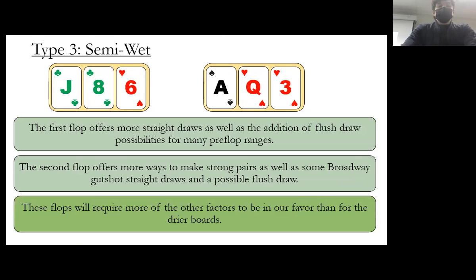Now here we're starting to get into the semi-wet board texture. So now if you notice, both of these boards have flush draws. There's a bunch of possible straight draws here, or maybe good pairs. On a board like ace-queen-3, yeah, there's not as many straight